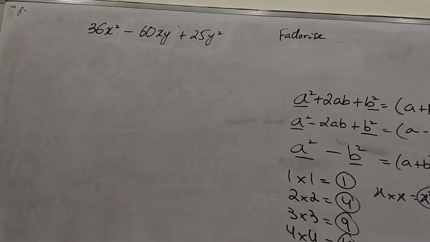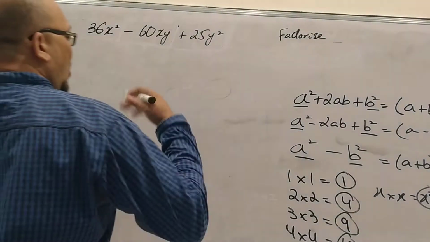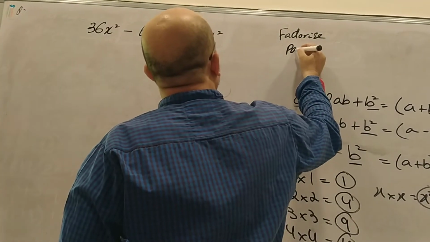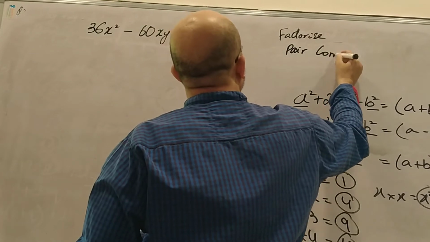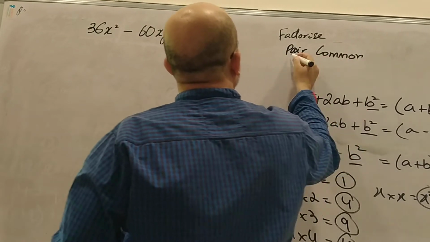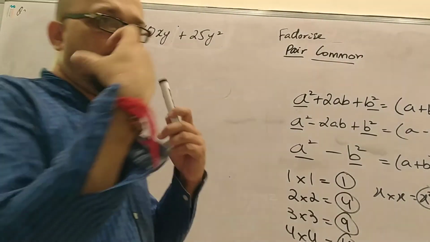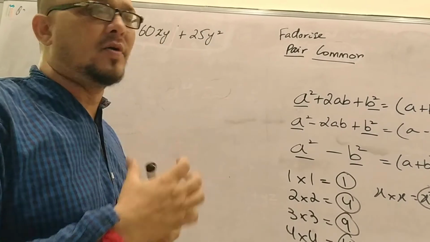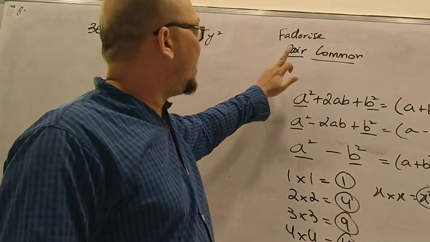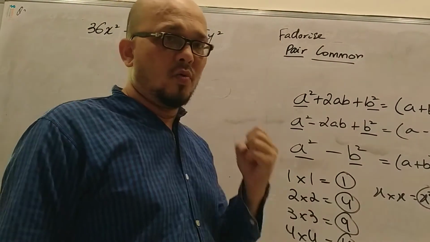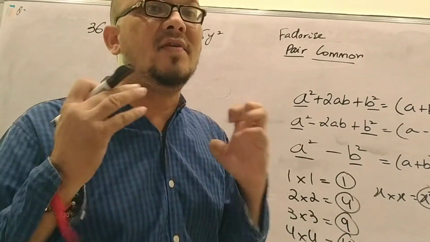Now guys look here. So all common is not applying. Then we move to the second method which is called pair common. So guys the name of this method is pair and common. तो हमें pair बनाना है और उस pair में common ढूंढना है. तो आप जब pair बनाओगे, so make sure the pair has a common factor. But for pair common, first thing and very important, we need an even quantity of terms.